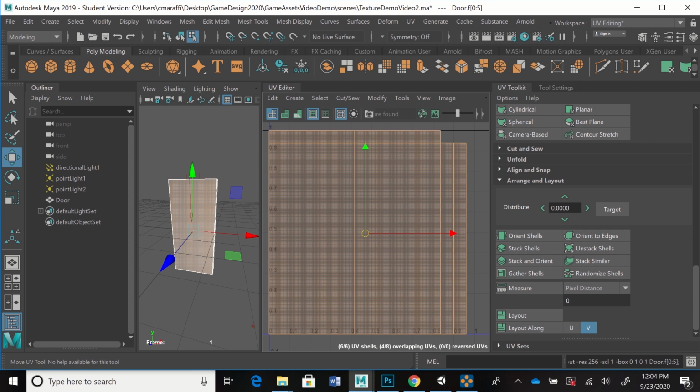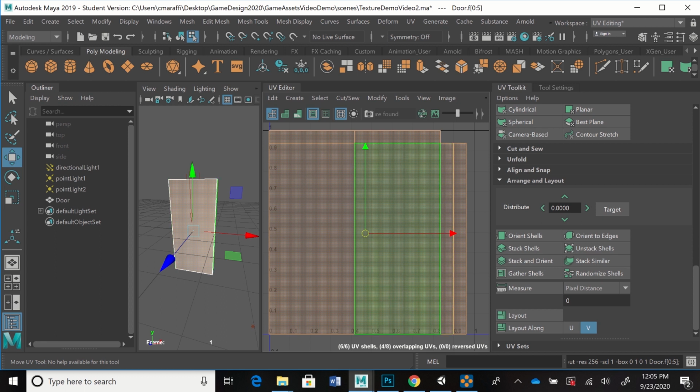And what I need to do is I want to use this. The reason I did this first before I even put a texture map on this door is because I want to use this to go ahead and do the texture mapping. So I need to fit the texture map onto these UV pieces rather than the opposite. So I'm going to go ahead and